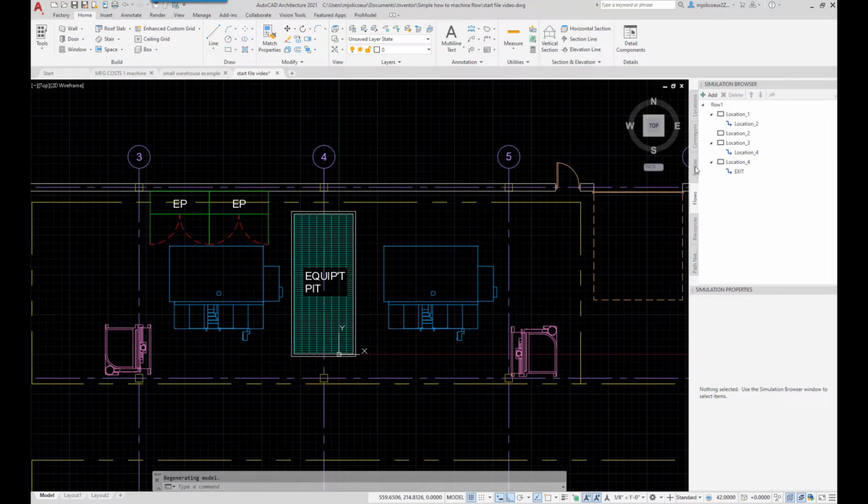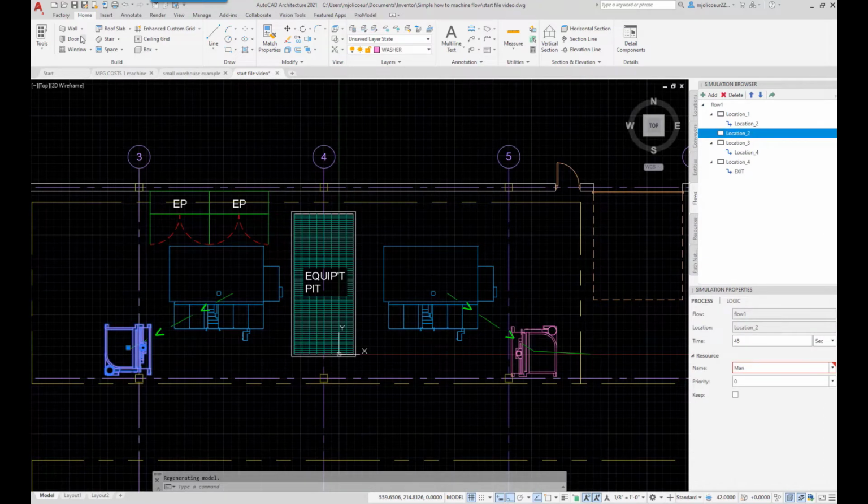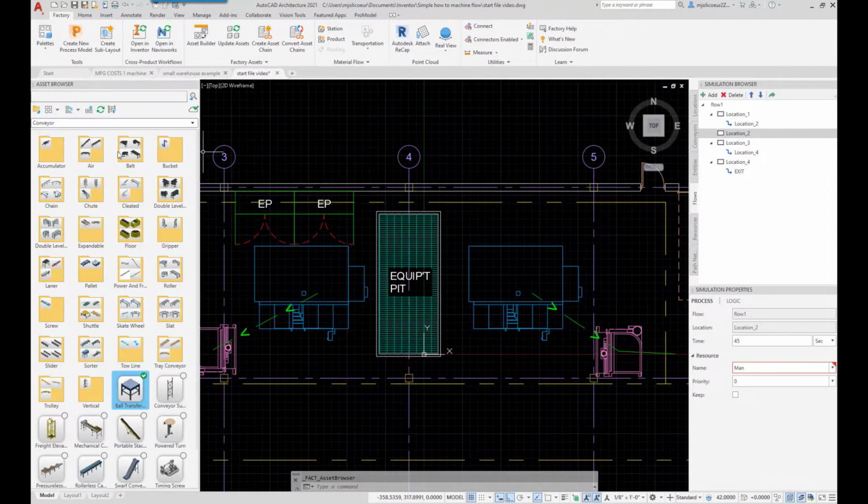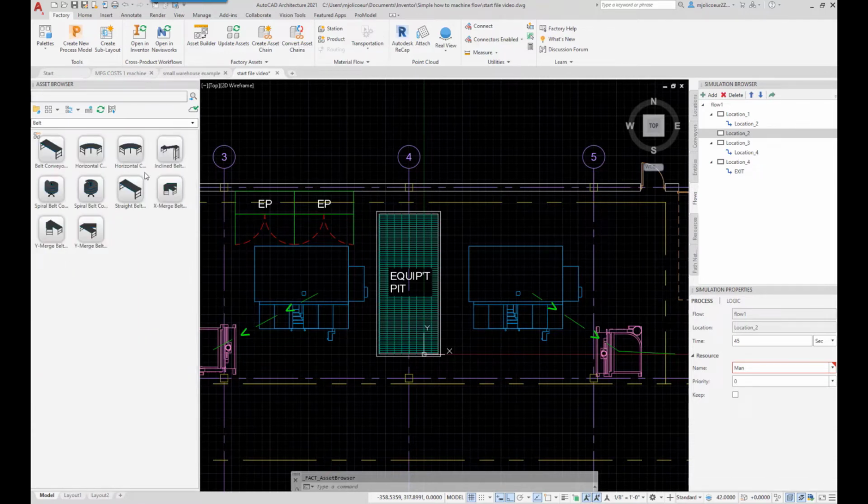Now these machines are actually set apart from each other because there's a pit in the floor. So we need to connect those two machines together, or at least connect the process. So what we're going to do is use the factory design utilities from Autodesk to allow us to put some conveyors into place. So we're going to select from one of the 2,500 standard objects that's in that library and